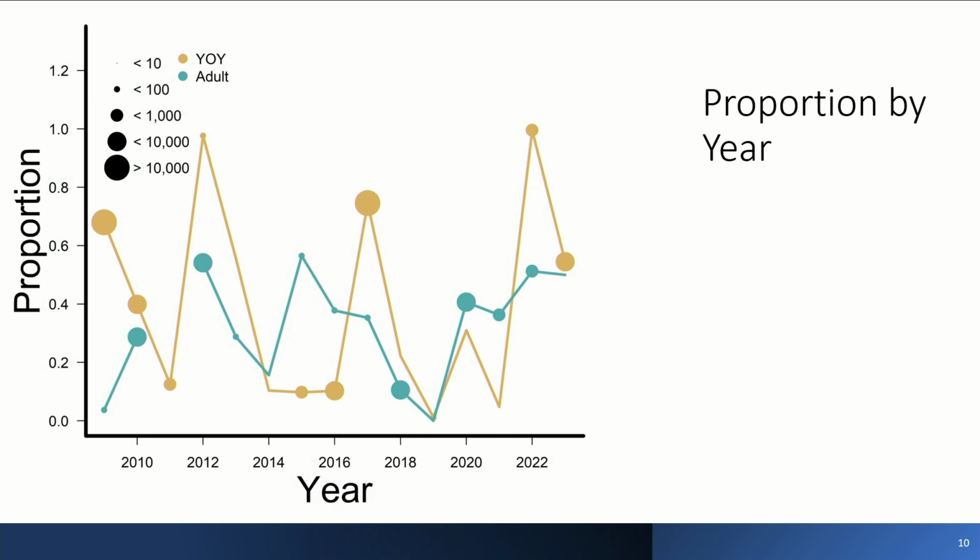In 2017, you have a huge influx of young of year. It was a great water year. Almost all of them showed up, like 75% of them showed up in the hotspots. That's what you would like to see, but then these fish transitioned to adults in 2018, and all of a sudden now only like 10% of them are in the hotspots. That's because there was very little drying in 2017 and very extensive drying in 2018.